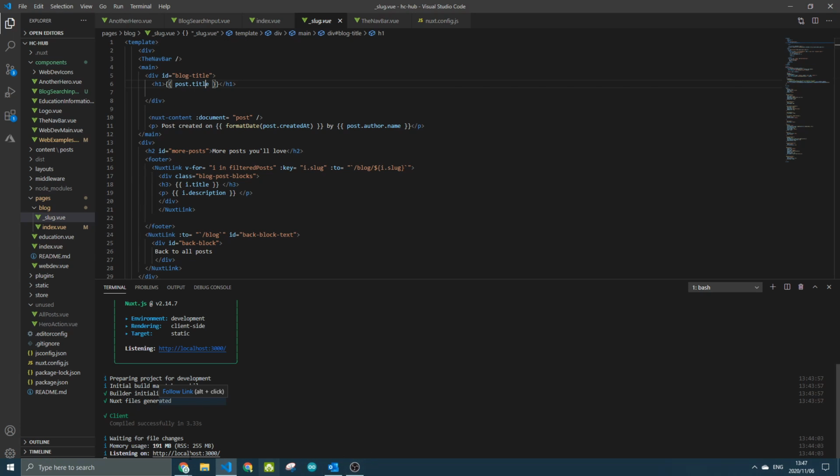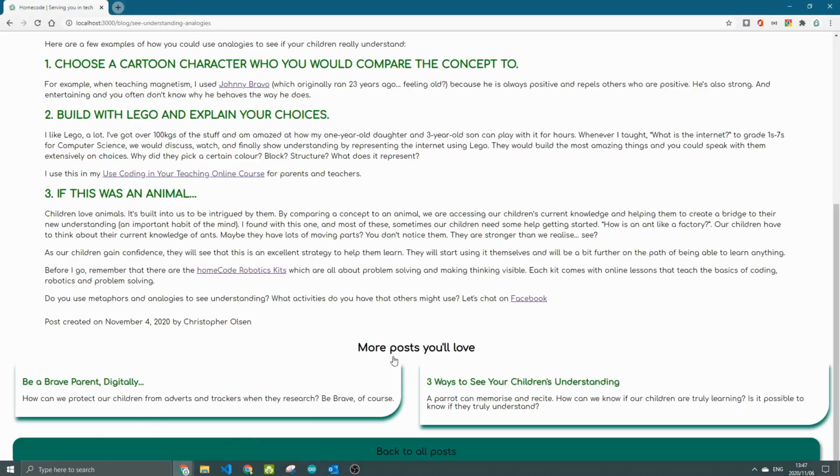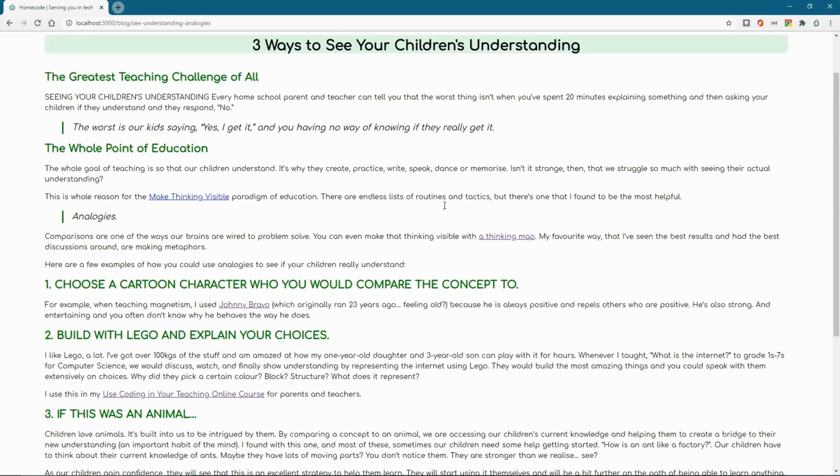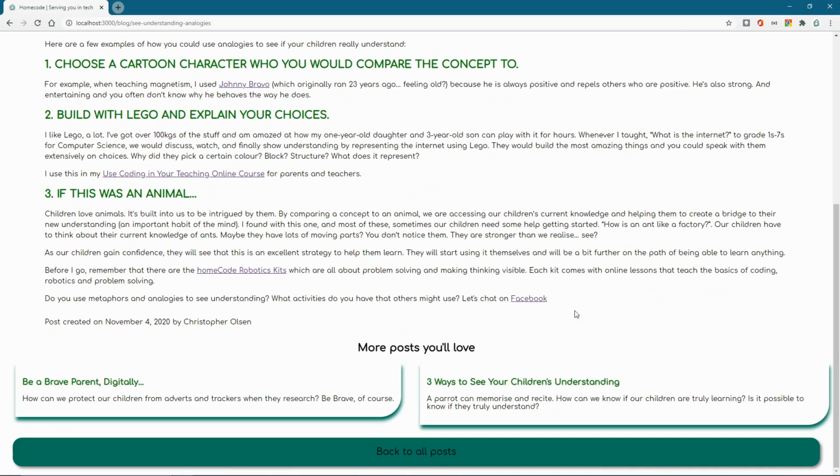So if it is something like, let's see if we still got it open over here, this one, "3 ways to see your children's understanding", then we can style this. It's just pulling this in, and then to import these over here. So the